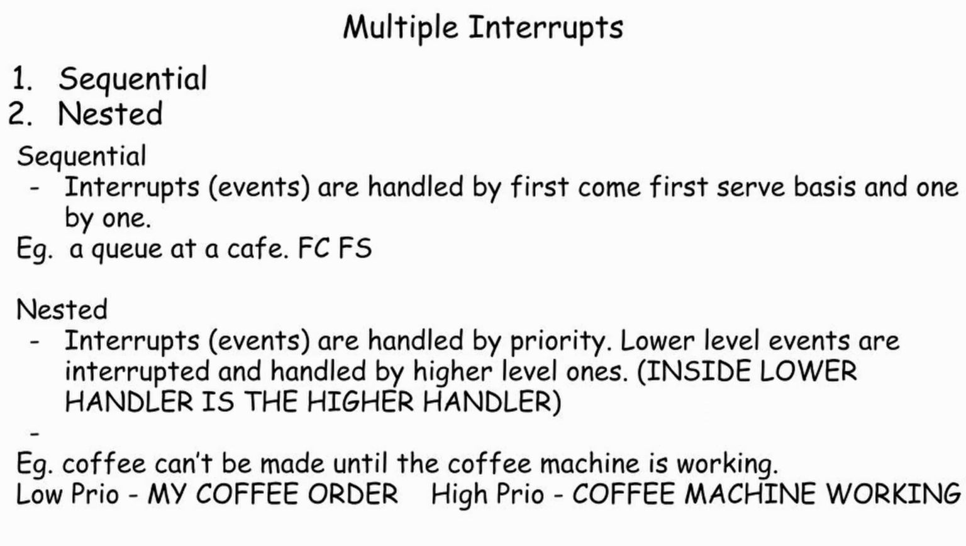Multiple interrupts. What do you do when you get multiple interrupts? There are 2 ways this could be designed. Sequential, which is first come first serve, much like a cafe line. The second is nested, where priority matters. High priority events interrupt low priority events. For example, your coffee order waits if the coffee machine itself breaks. That's 3 hours of lecture cut down to